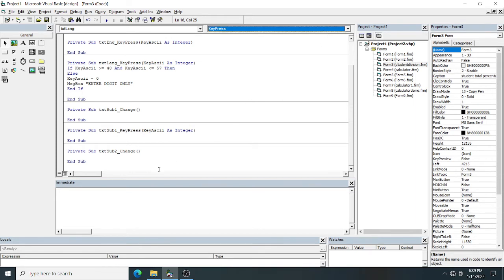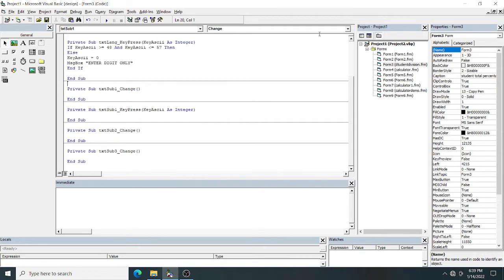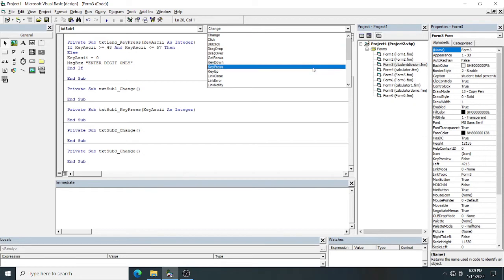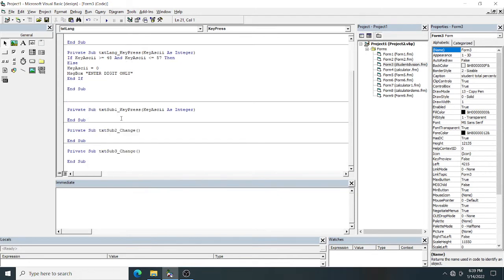Next, the last one is your subject 3, and here also you give key press event. So you can see this is your first language, then subject 1. So delete this part. Okay, text subject 1, subject 2, subject 3, key press event.